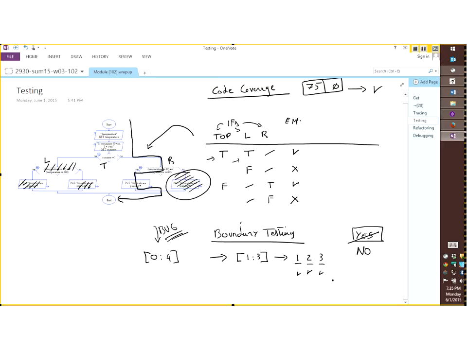What other values would you test? 0 and 4. Very good. Okay, so 0 and 4 is acceptable. Some of you might have said, hey, what about 5, 6, 7? Because you just went through an experience here where you had all the numbers within the range, and that didn't prove anything. So maybe some of you are thinking, and that would be a logical thought, well, there are a lot of numbers over 3, and there are a lot of numbers below 1. So maybe I should test them all.